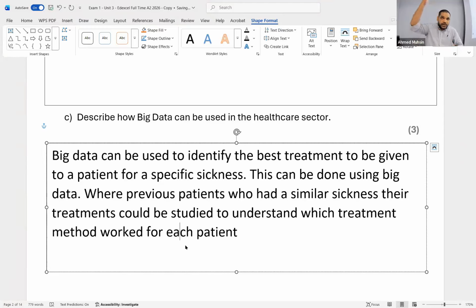You can look, okay, in the last 10 years, we have had 500,000 people having this specific disease. Who are these 500,000 people? We had so many from this age category, so many from this age category, so many from this gender. You can arrange your data accordingly. Then you can see for each group what treatment was given, what was the outcome of the treatment in each group. And then based on that you can decide, for the patient that I currently have, this seems to be the best treatment to be given.